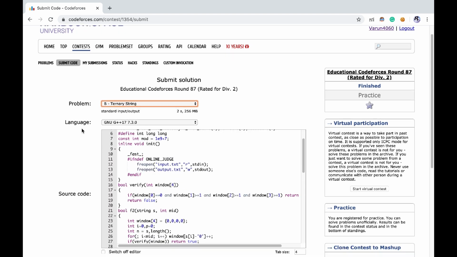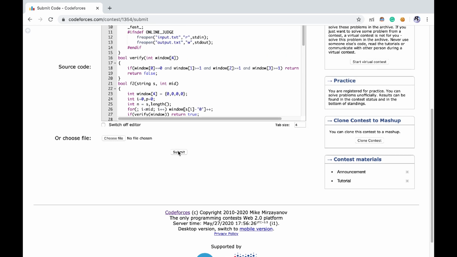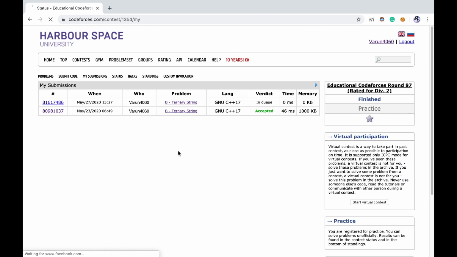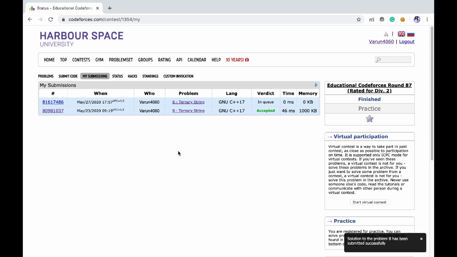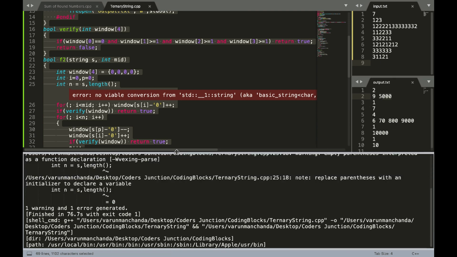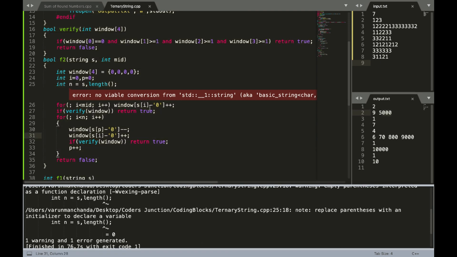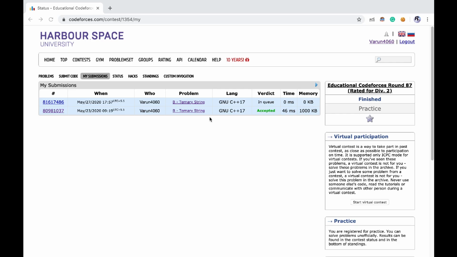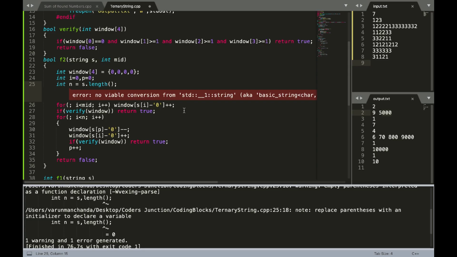Ternary string, okay. So let me submit it. Let's see what I get. Okay, so this means I will get a wrong answer here also.